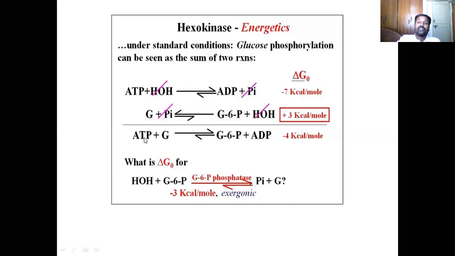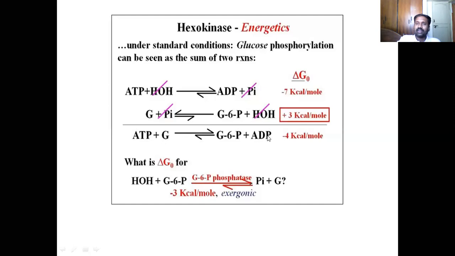Instead, phosphate transfer from ATP to glucose. Okay, and you know well that the phosphate transfers happen by the help of enzymes called kinases. Therefore, a glucokinase enzyme actually acts here, which removes phosphate from ATP, transfers it into glucose. This is what an energy coupled reaction is.